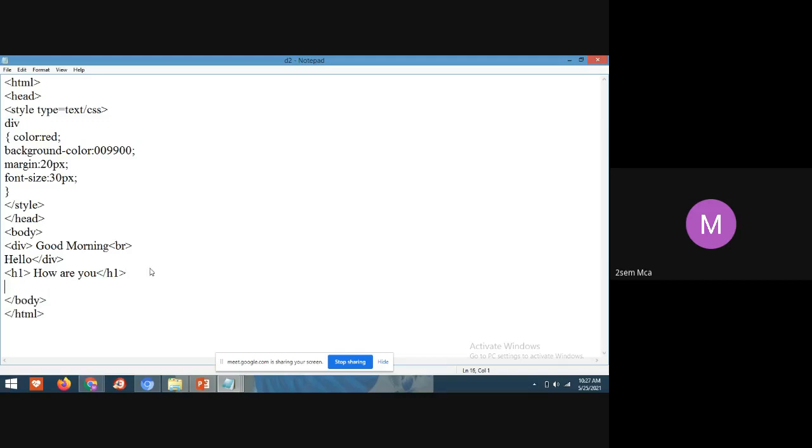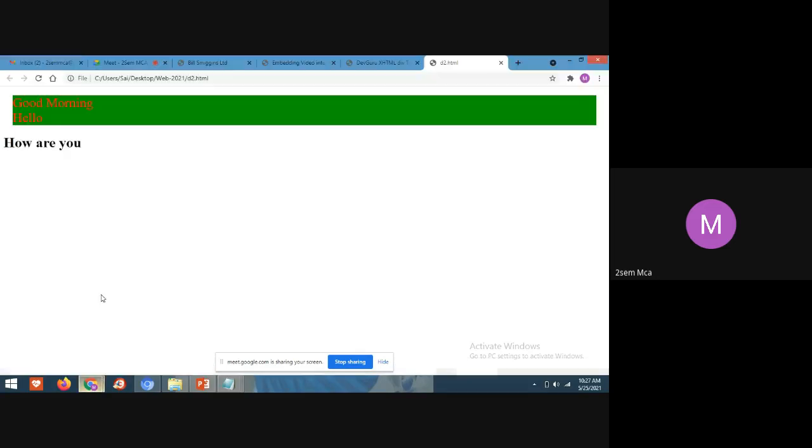One more thing I'll add here. Just one line I have added. See, like in the first example I showed you, how was the output of that program?